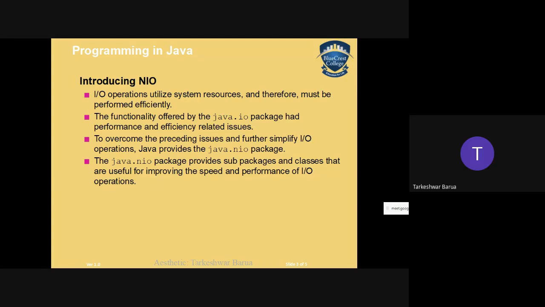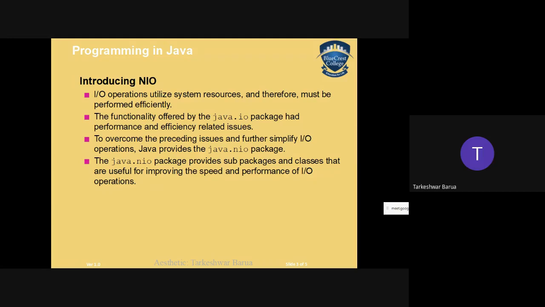The functionality offered by the java.io package does not perform efficiently. To overcome the preceding issues and further simplify input output operation, Java provides NIO. So some problems we have faced during reading or writing in the IO package, so we have NIO.